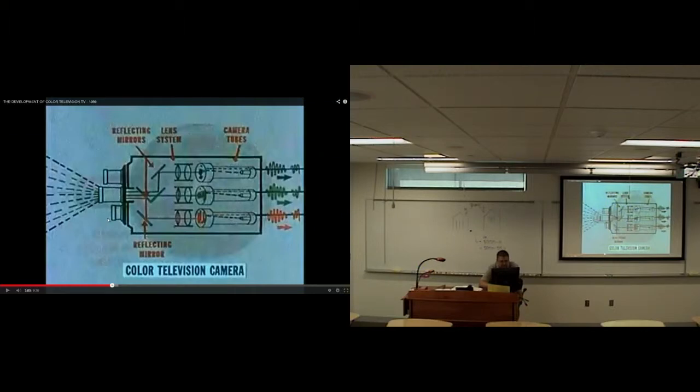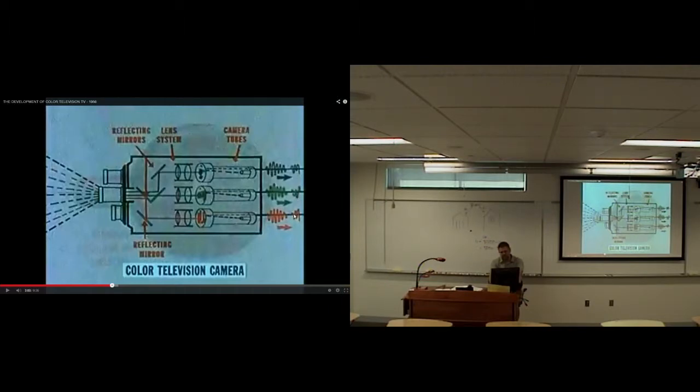These other lenses up here are for light balancing and for focusing, but all these things do is they tell you how much blue light was in that particular moment of that particular scene, how much green light, how much red light, and then they send out a signal that says how much of that. It also says where it was on the lens, but the thing that they don't tell you here is that there's another part of this that scans the image so that you can tell where the colors go on the screen, in other words. So they don't really show that part in this camera, but it is there.